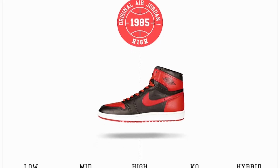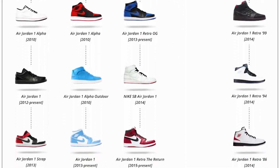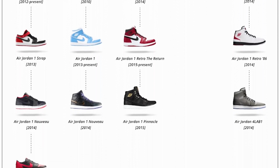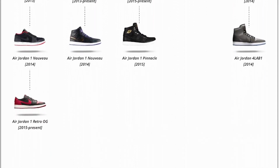Even though it was the Airships, which is a whole nother story, we'll talk about that later. But either way, the Jordan 1 came hot on the scene and everybody was loving them as soon as they hit the market. Year over year, retro over retro, colorway over colorway, the sneaker has been around for over 30 years now, and it has created a huge hype in the game. I can guarantee you, any sneakerhead out there that collects Jordans especially, they got a pair of Jordan 1s in their collection. And if they haven't gotten a pair yet, they plan on getting a pair for their collection,